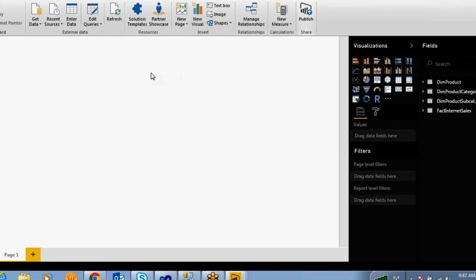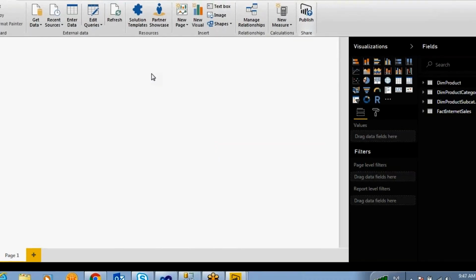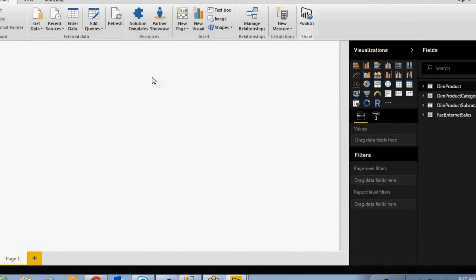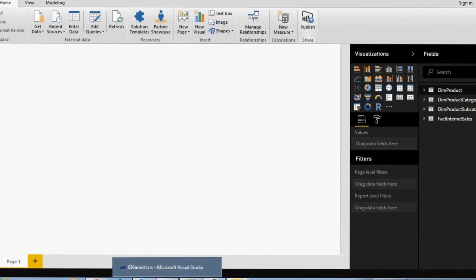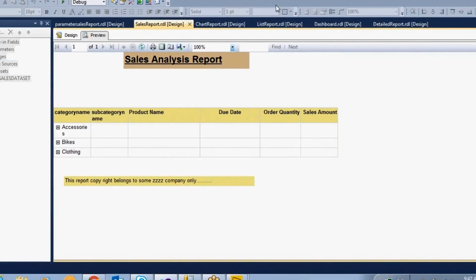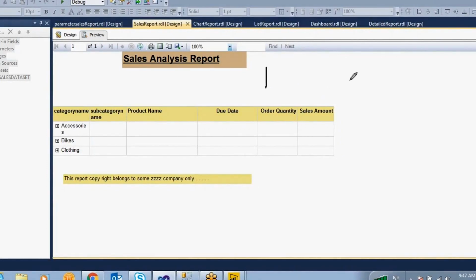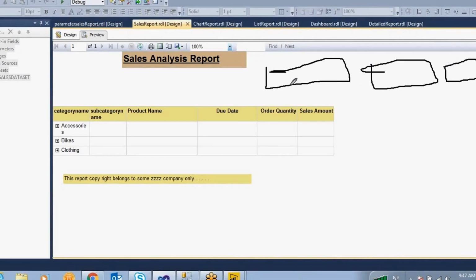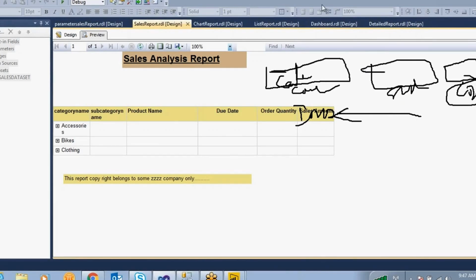Now what I'm going to create here: first I'm going to implement three parameters, and these three parameters are like cascading parameters. In SSRS we can create cascading parameters. What do we mean by cascading parameters? Whatever parameters you have, there is some dependency among them. For example, this is a country, this is states, and this is city. When you select a particular country, India, the remaining states that come in the drop down belong only to India. The same way in city also. That is cascading parameters.